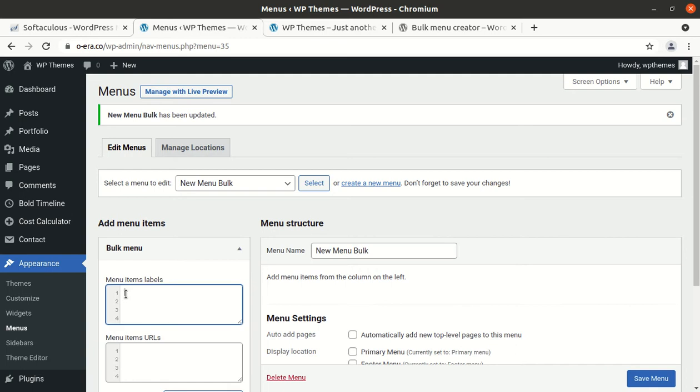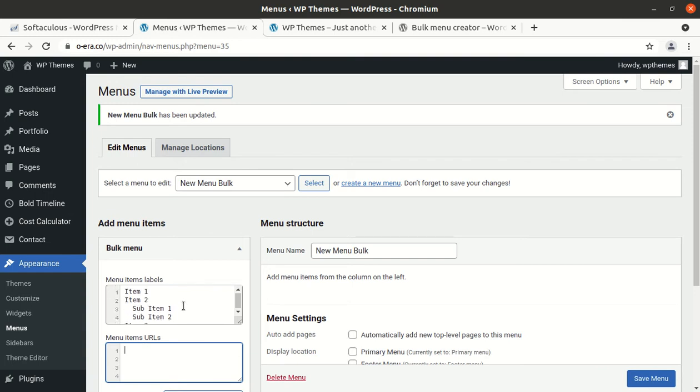So what we can do is item 1, another is going to be item 2, and if you want to create a submenu, just put 2 spaces and write sub item 1, and again you can create a submenu called sub item 2, and again you can create item 3, and next item 4, and now you can assign different URLs to these items.